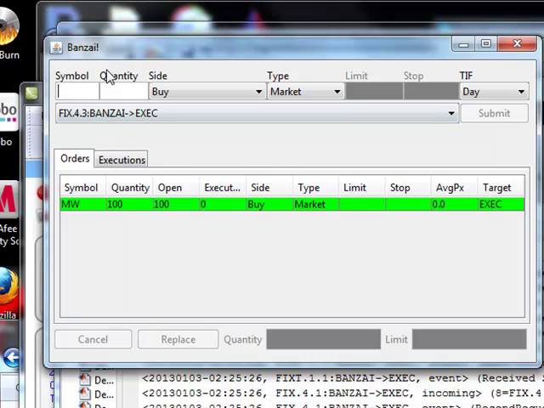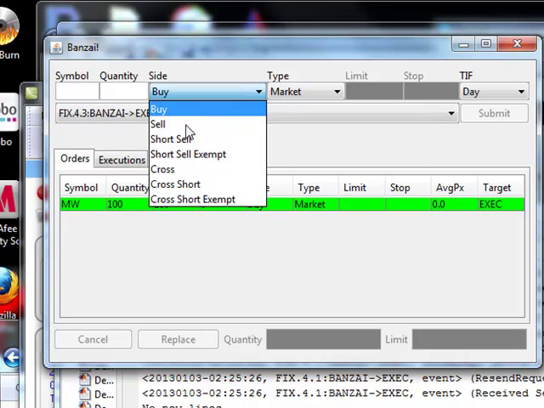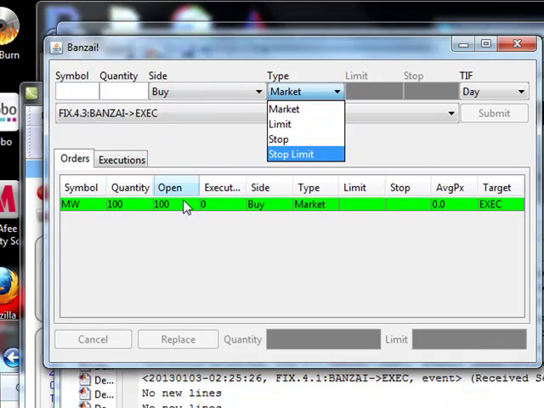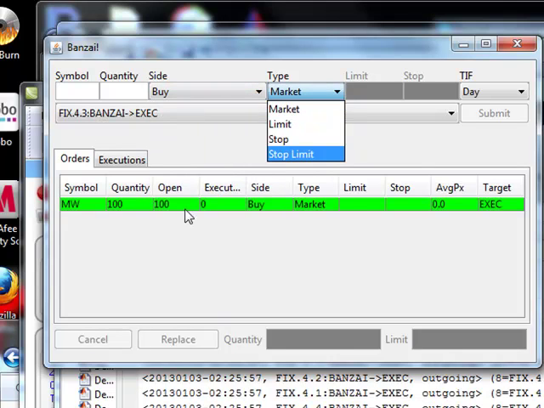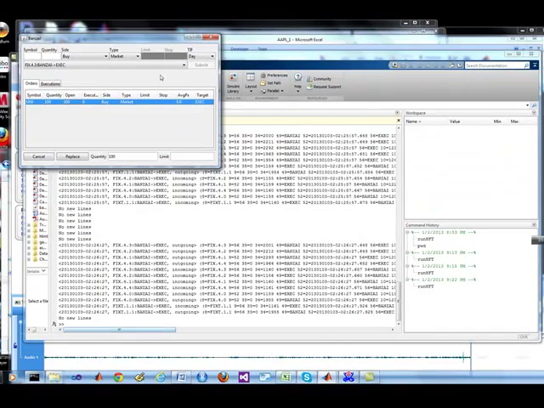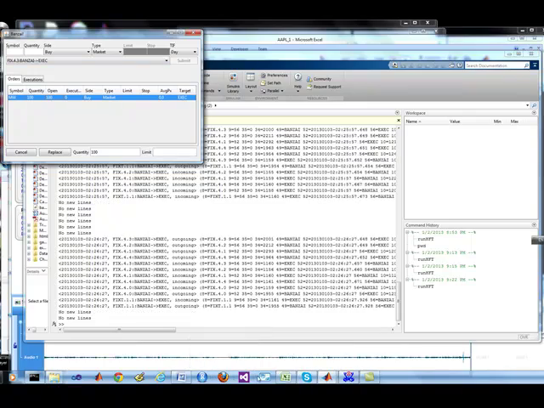Now in this application, Bonsai, you can manually enter in orders as well, or you can sell, short sell, whatever you want, and different types of orders as well. You can manually override that, but why bother? We're here to test the automation process.